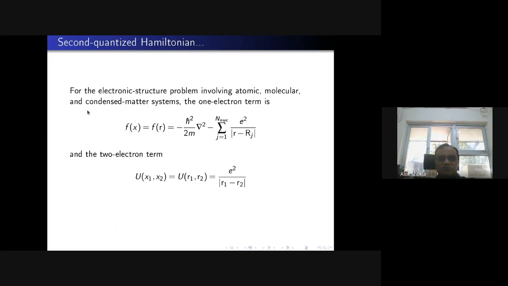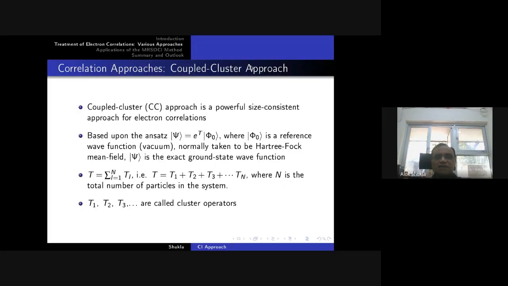For our kind of systems, atomic, molecular, condensed matter systems, the one-electron term is nothing but the kinetic energy of an electron plus the electron-nuclear attraction. If we perform the summation over all the nuclei, this is the attractive potential felt by a single electron. And we all know that the two-electron part for our electronic problem is nothing but the electron repulsion potential energy, which is e squared over r_12. So, having introduced the second quantized notation,